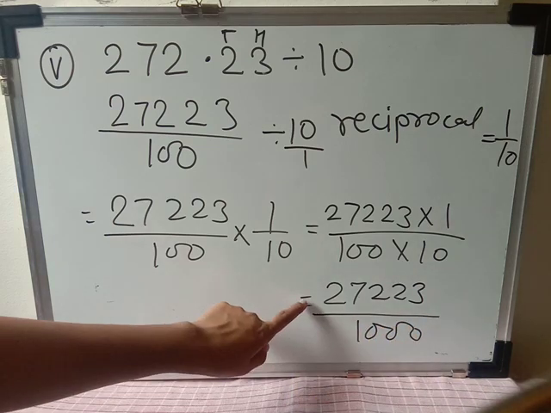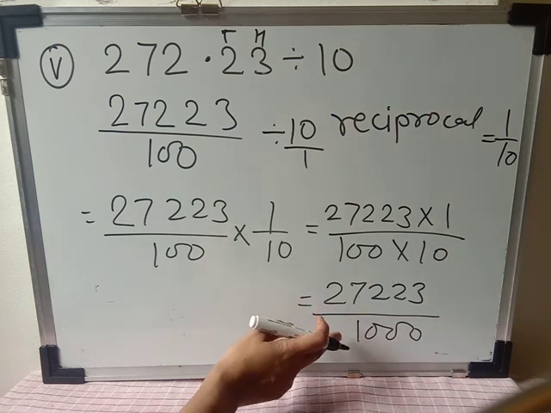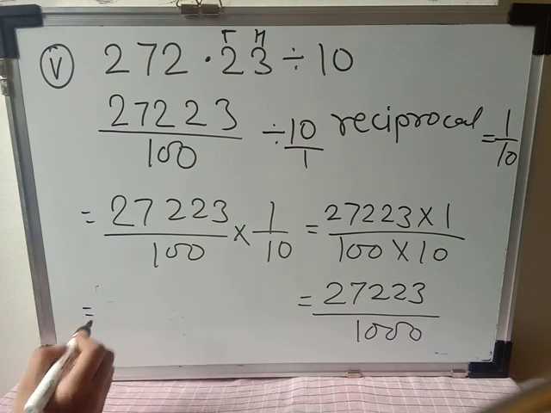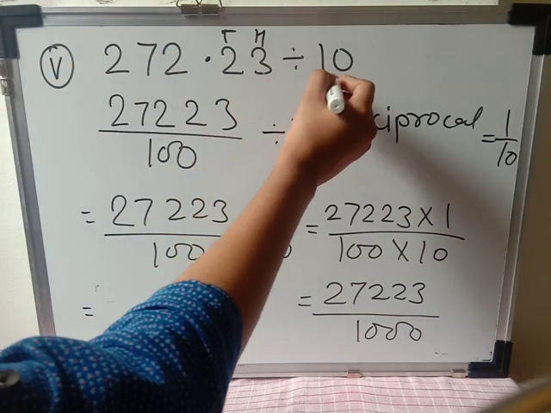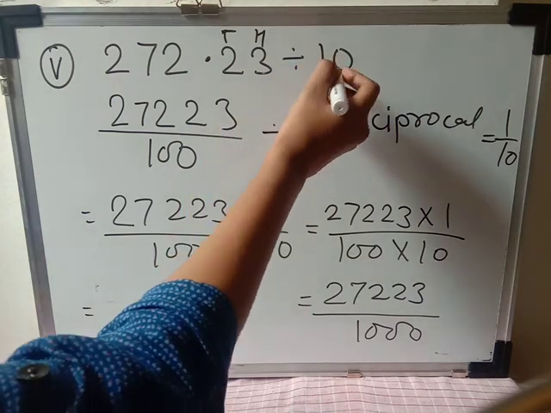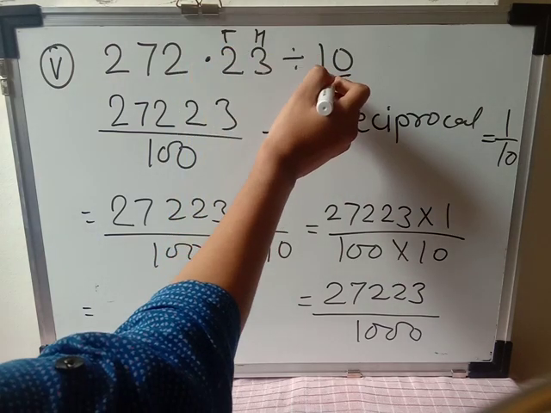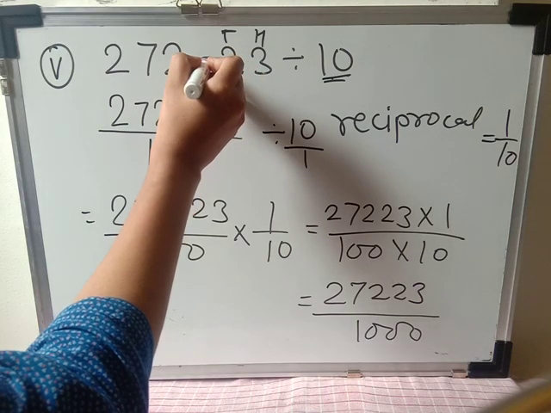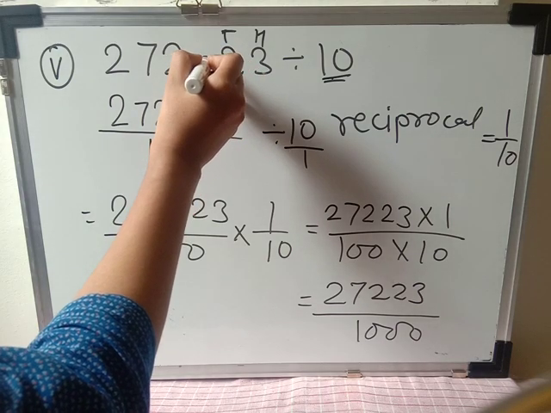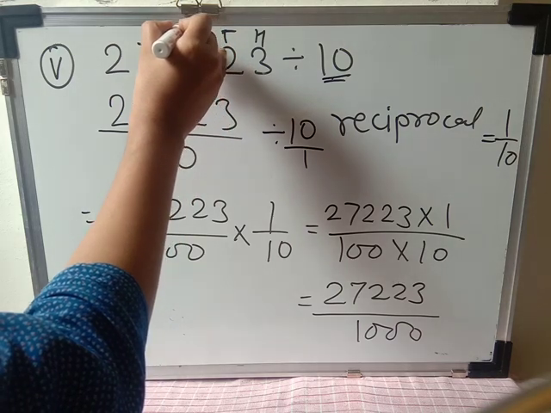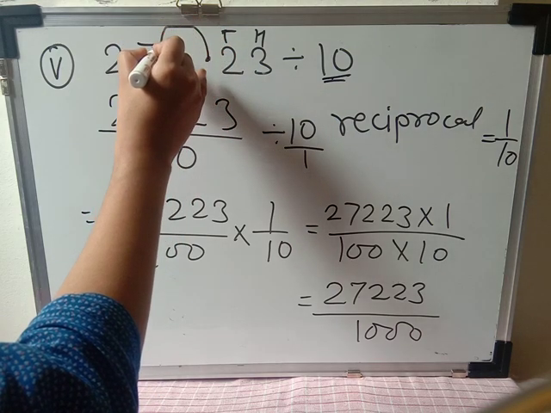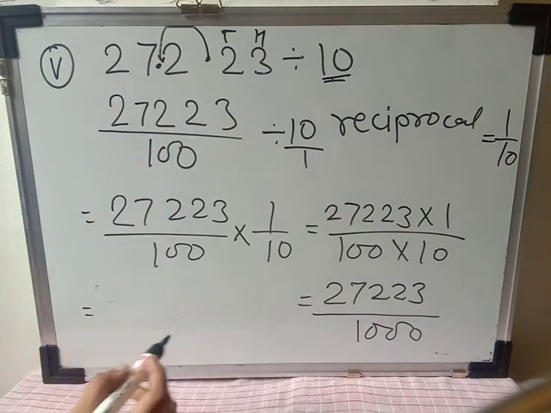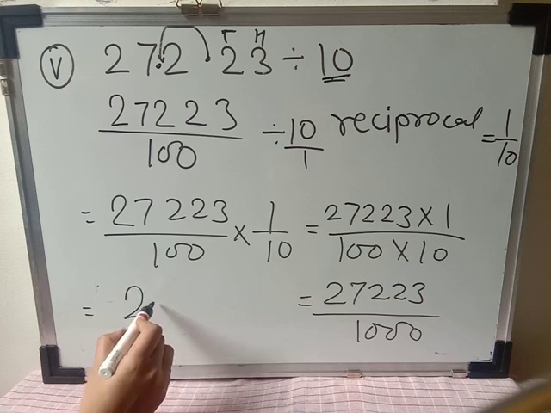Now here I am not going to do the division. Yes, you can divide, you will get the answer. And one more important thing I want to tell you: what I told just now, that whenever you are dividing any decimal number by 10, the decimal point moves one place to the left side of the number, so the decimal will come here in the answer. So my answer will be